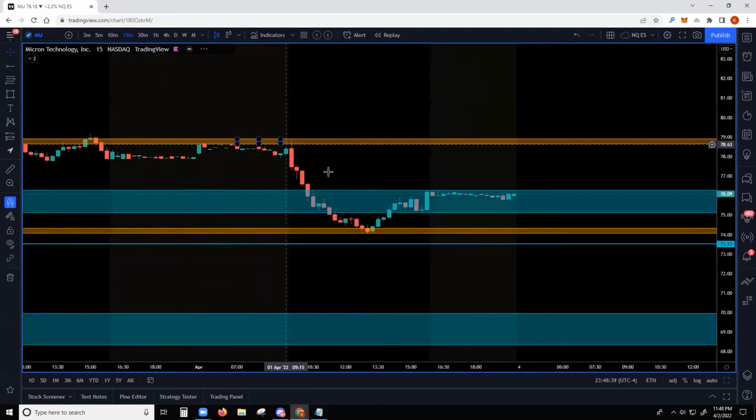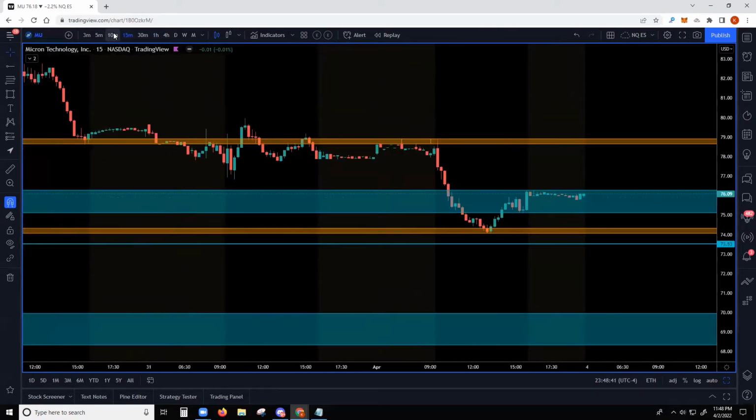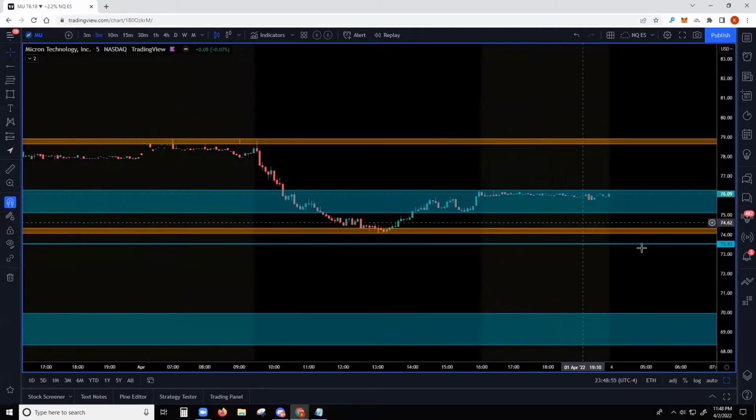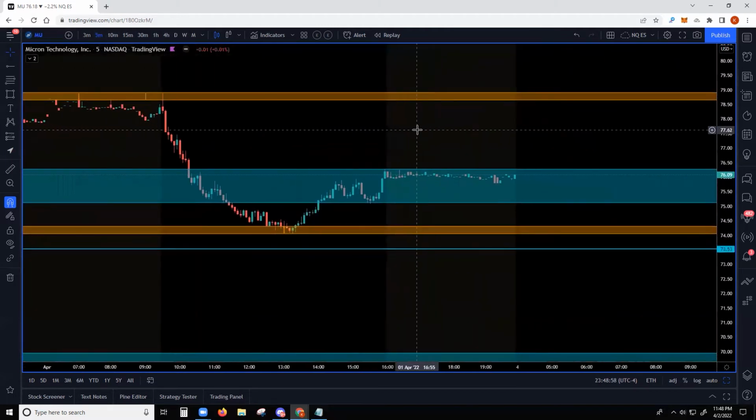As you go down to lower time frames, there's not going to be much else you haven't already marked up. So even though it seems like a lot to do top-down analysis, it really isn't. You're just doing the daily, 4 hour, and 1 hour, and that basically takes care of the rest. And then when it comes to entering an actual trade, now that you know where the price could go,